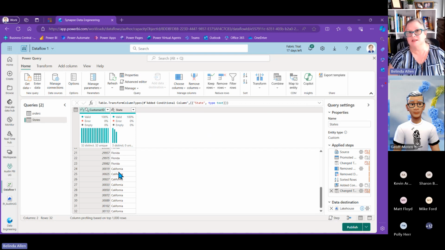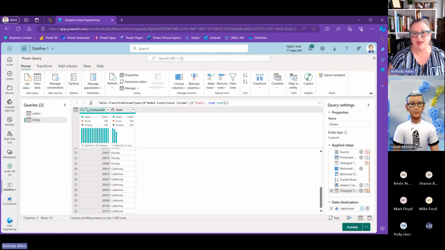This is one of the things that makes it so great when you want to start working on moving your data over to Fabric: you could open up your current Power Query for your data side and then copy all of the queries over and paste them in. You might need to edit the source a little bit to clean it up, but you see how easy that was for me to do. So I have both of my queries there.